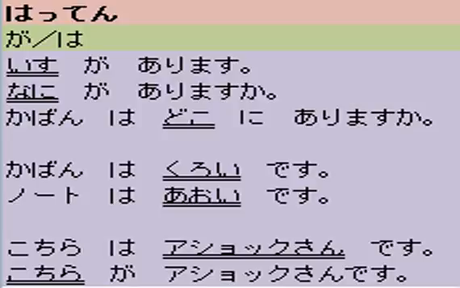This is Mr. Ashok. Hope you understand the difference between the last two sentences. Kochira wa Ashok san desu. Kochira ga Ashok san desu. Please pay attention that in the first sentence Ashok san is highlighted, whereas in the second sentence Kochira is highlighted. Wa is the topic marker and ga is the subject marker. Clear?